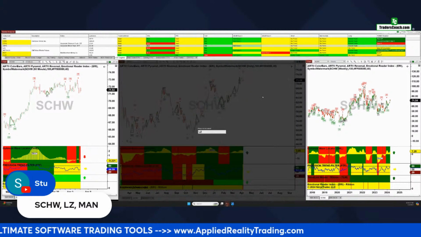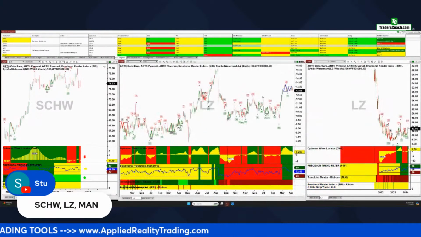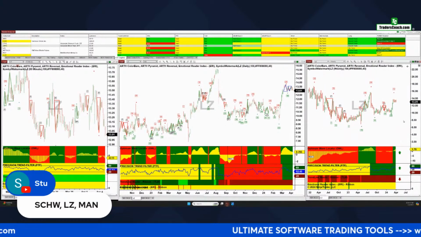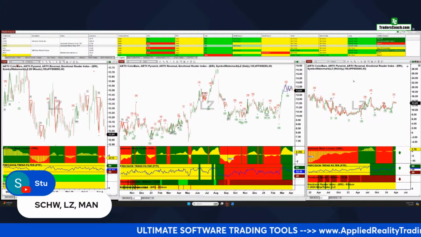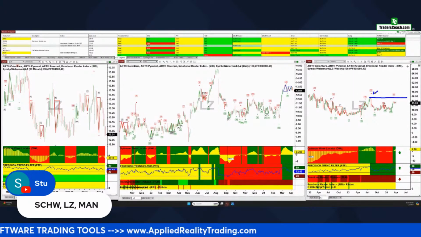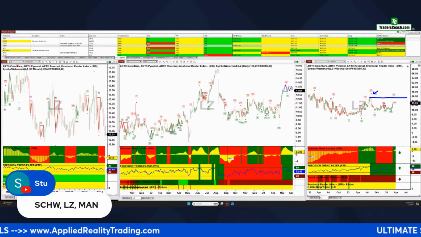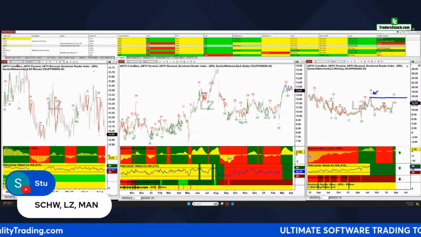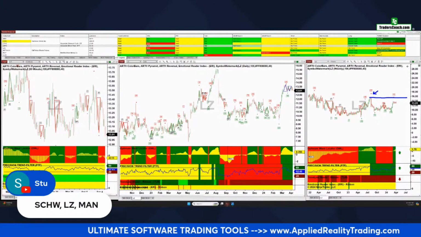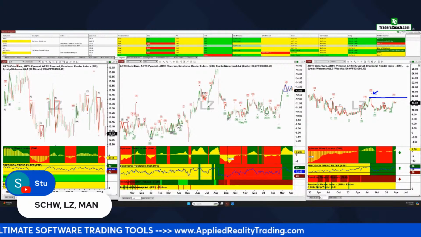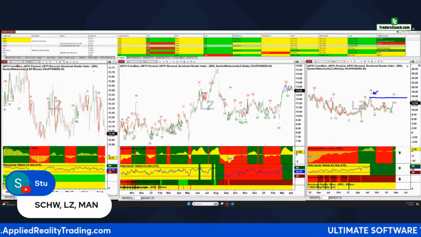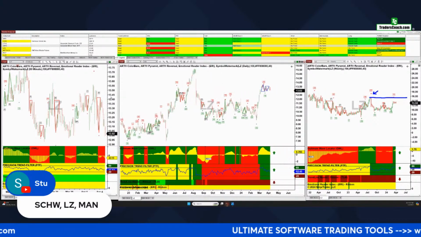Let's take a look at LZ. All right, so LZ, only a few years of history. Looks like we might be coming off a bottom. We got a green PTF, which is really helpful because that is above this price bar, indicating that's the highest price bar in that green area. So that's indicating there's a 75% probability we should go up. So that could warrant an early trade even before reaching that particular level. That's where the PTF can be very helpful, as long as the lower time frames are not bearish.